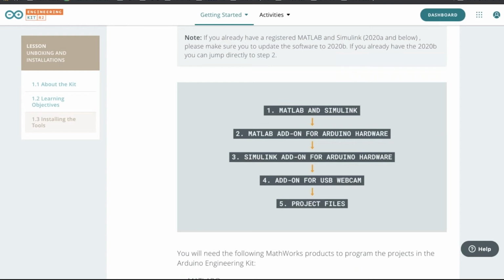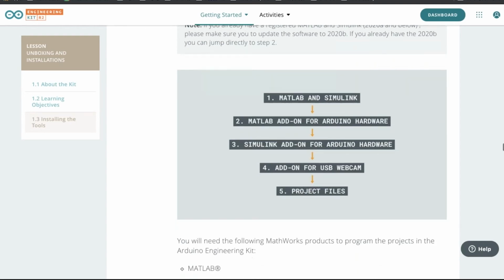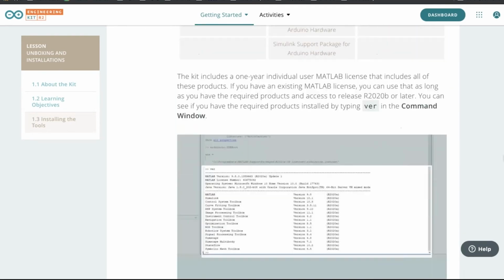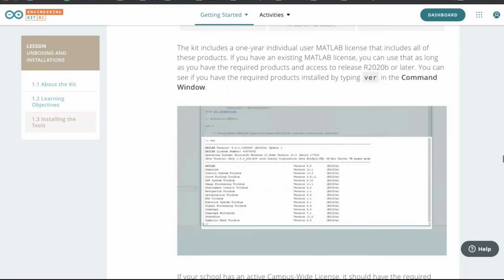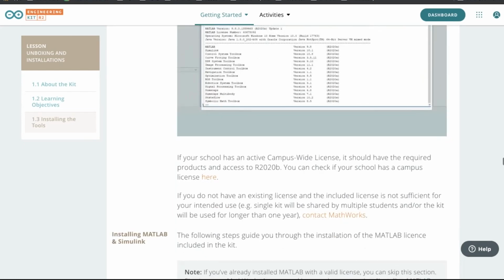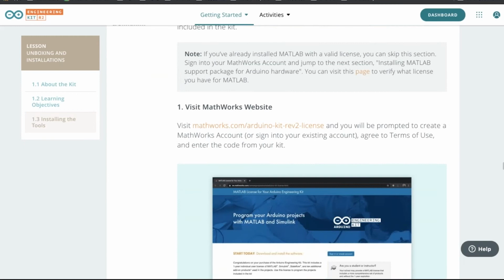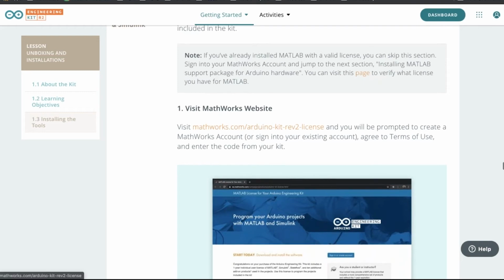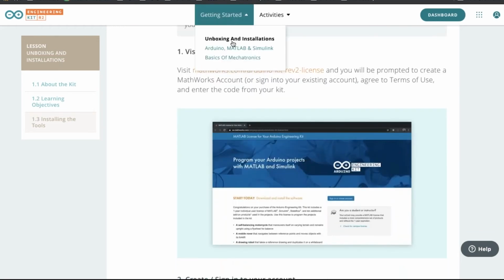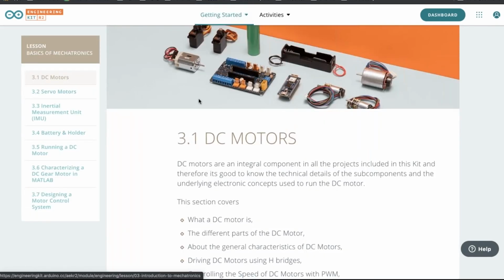process for setting up all the required tools, mainly software like MATLAB, Simulink, and the Arduino IDE. And of course, certain libraries that you would need to run the projects and the project files. So that's in lessons. Another interesting chapter would be the basics of mechatronics, and here we connect